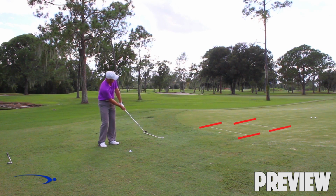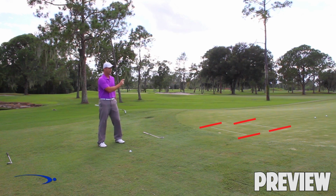There we go. We see that ended up about where I want it to be. If I want it to